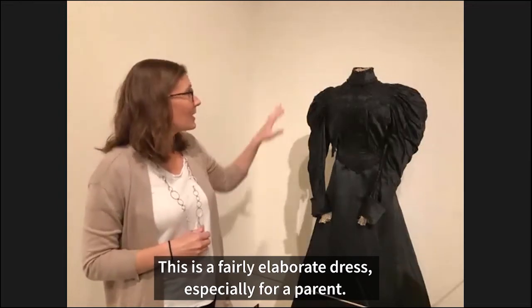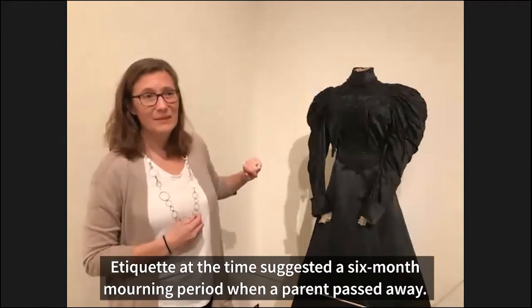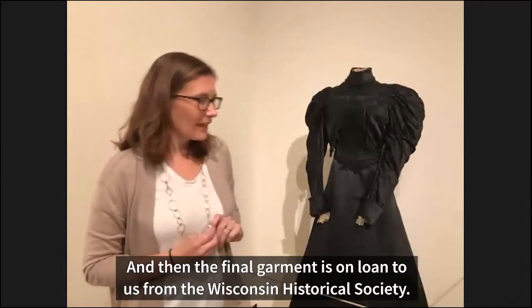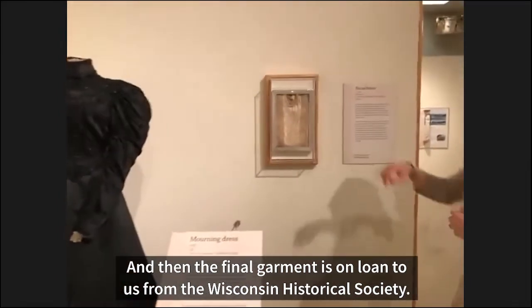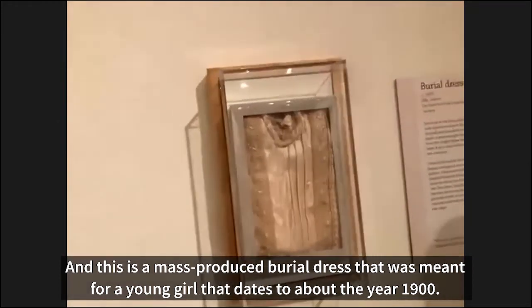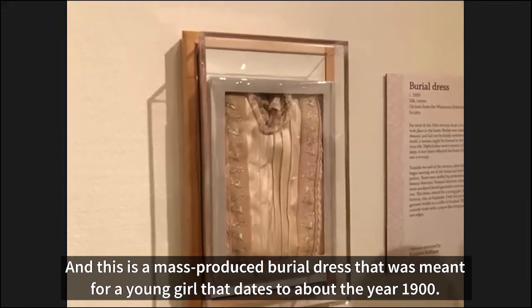So this is a fairly elaborate dress, especially for a parent. Etiquette at the time suggested a 6-month mourning period when a parent passed away. And then the final garment is on loan to us from the Wisconsin Historical Society. And this is a mass-produced burial dress that was meant for a young girl that dates to about the year